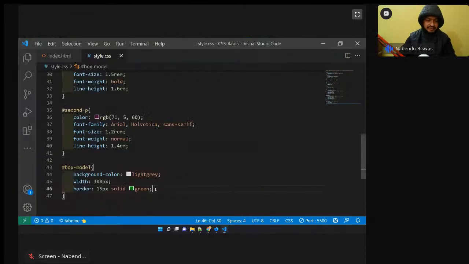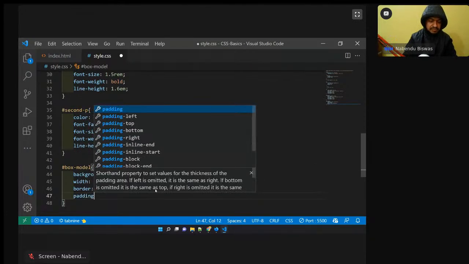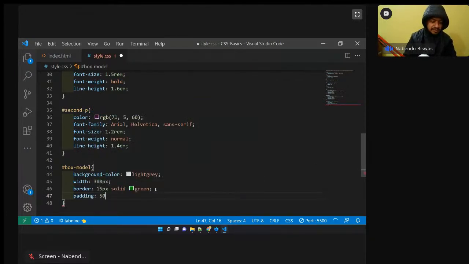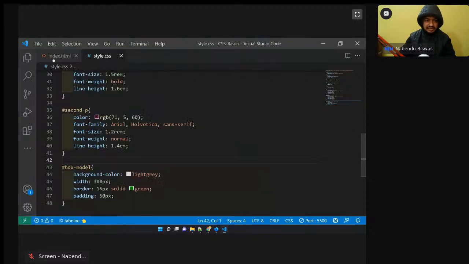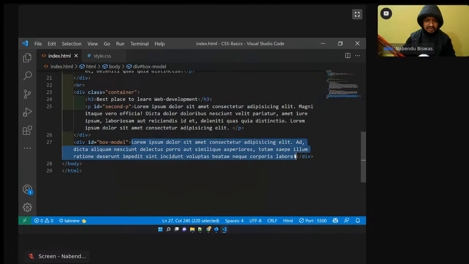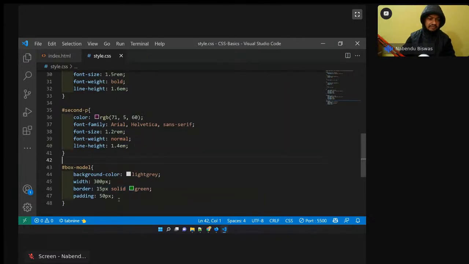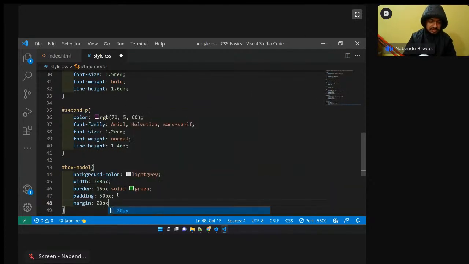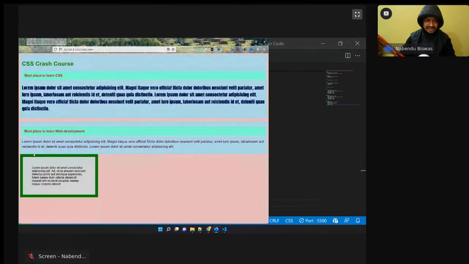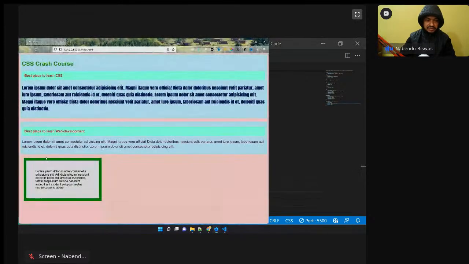Now I will have a padding. So there are two things. One is the padding. Padding is maybe 50px. See what just happened. So there is now a space. Padding is the space around any element. In our case, this is the element. So padding was given. Now I will have a margin. There is another thing known as margin, 20px. So see closely. This is all very attached here. Here also it is very attached. Okay, so I'll give a margin of 20 pixel. See, now